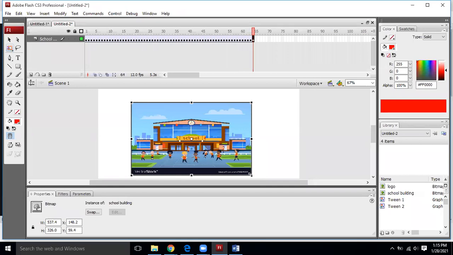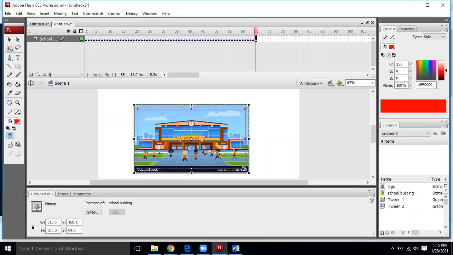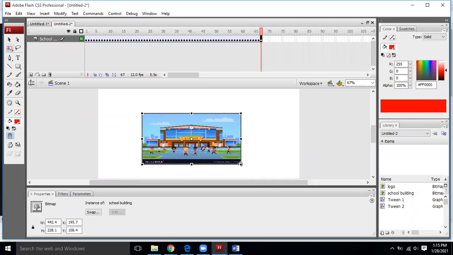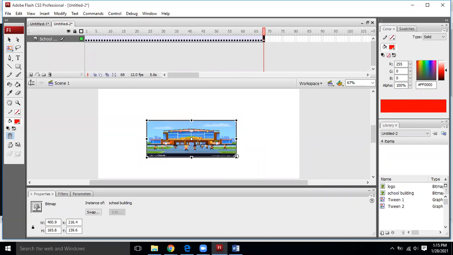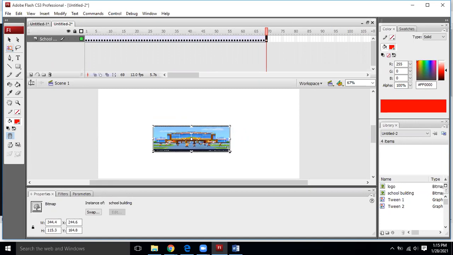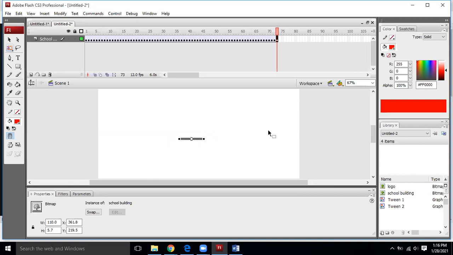It will also create an animation where the building was coming up, maximizing, and now the building is minimizing, creating another animation. F6 minimize, F6 and resize, F6 and resize in this way. Fine. So this is another way.